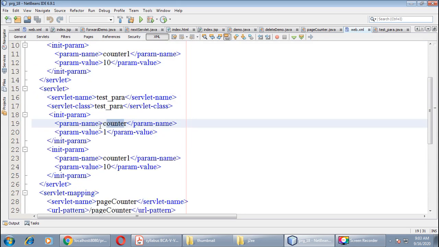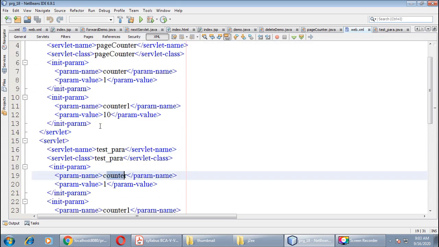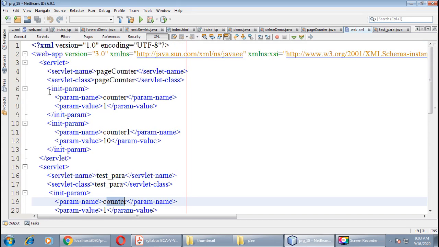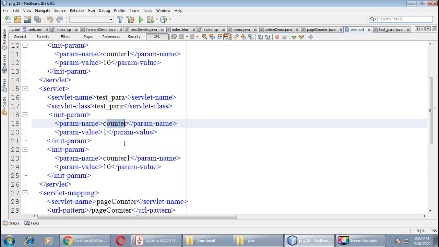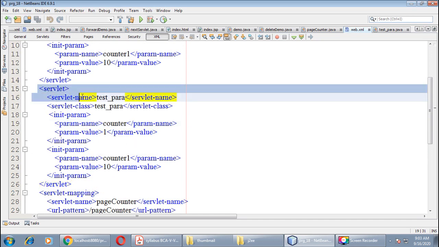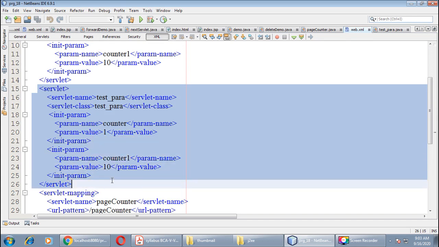Yes, don't make any mistake here. See, I have defined a parameter in the PageCounter servlet also, as well as the same parameters are defined under the servlet test_para also, right? If you do not enter these variables under the servlet name test_para, you will not get anything. So don't forget to enter the variables under this servlet also.